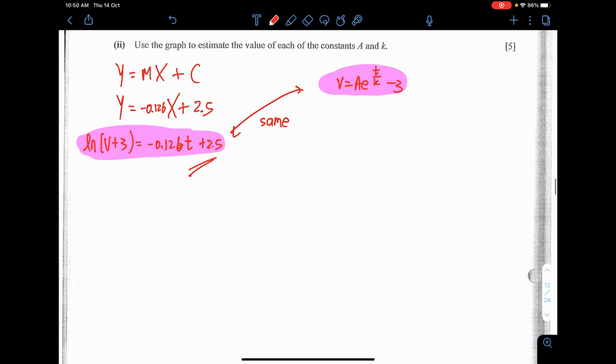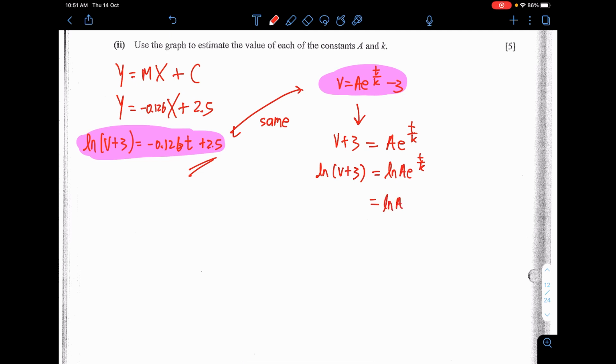What you need to do is use the comparison method, but you need to arrange them into something easy to observe. I'm going to make the equation here into what we had on the graph just now. I'll move the 3 first to the other side, so I get v plus 3. Two reasons: first, I see a v plus 3 here, and there's a v plus 3 there also. I'll ln both sides again, because there's a ln of v plus 3, so that is a giveaway. Now what I need to do next is simplify the right hand side. Ln of a multiplication, you can split into ln of an addition.